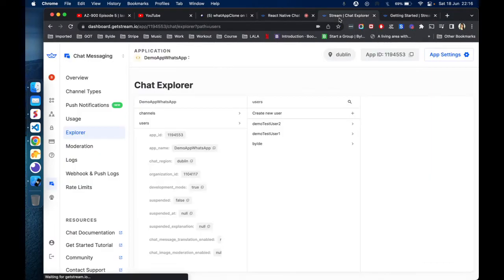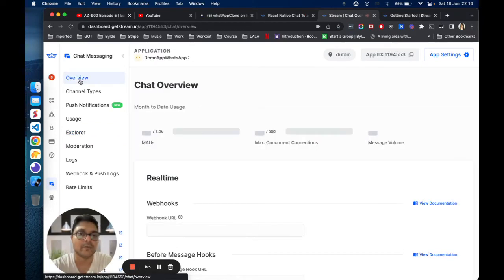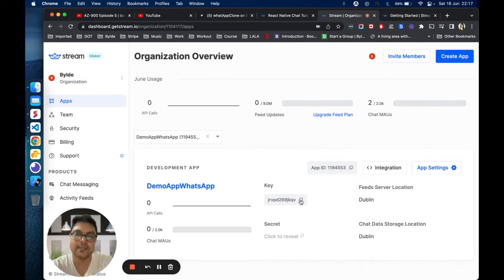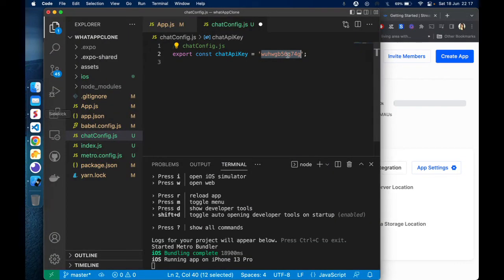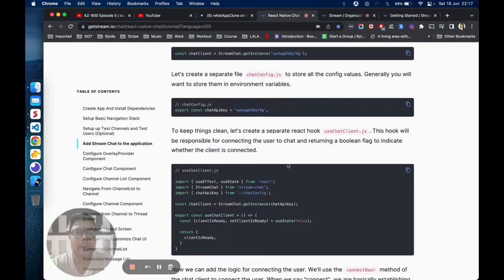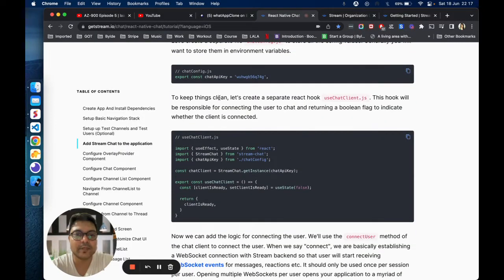So I'm going to go back, and I'm going to go to my chat. Okay, so the key is this, and this is the app ID. So when you are on your app, just copy this and then put it in your chat config here. And then once that's done, to keep things clean, let's create a separate React hook,